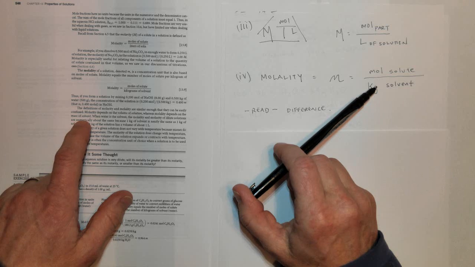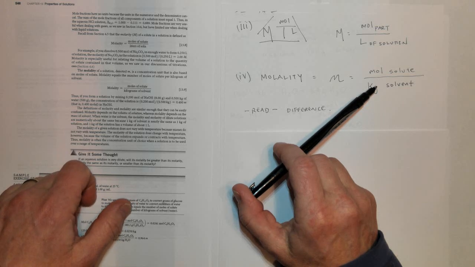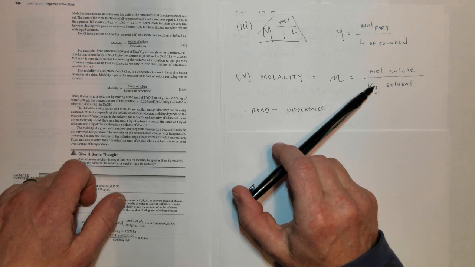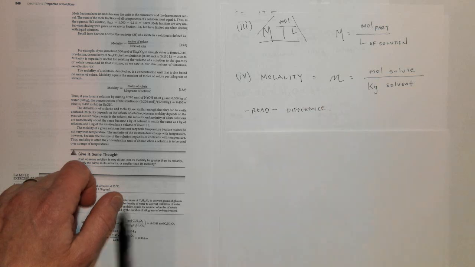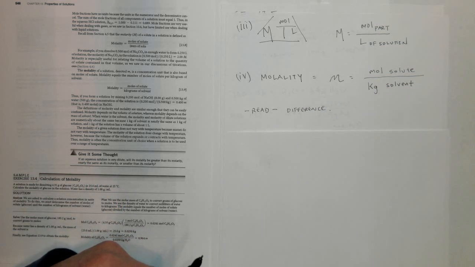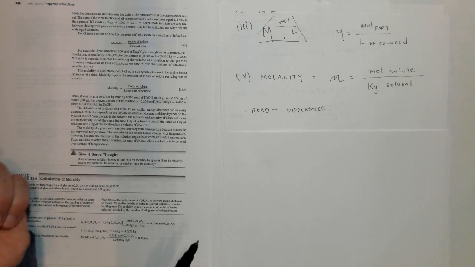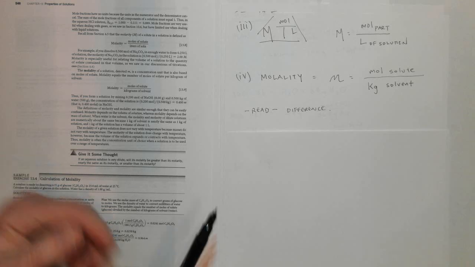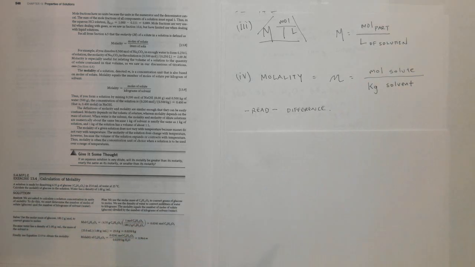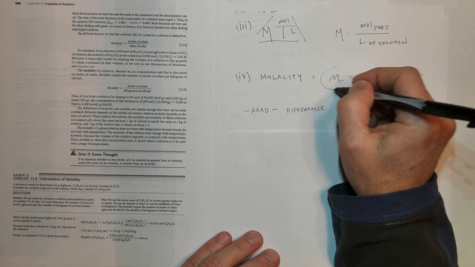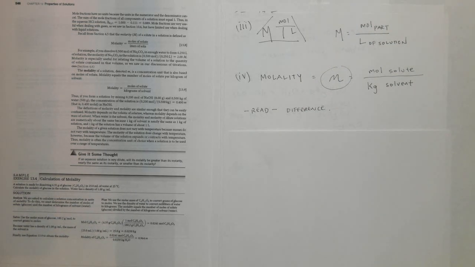solvent. When water is the solvent, the molarity and the molality of dilute solutions are numerically about the same because 1 kilogram of solvent is nearly the same as a kilogram of solution, and 1 kilogram of the solution has a volume of about 1 liter. The molality of a given solution does not vary with temperature because masses do not vary with temperature. The molarity of the solution does change with temperature, however, because the volume of the solution expands or contracts with temperature. Thus, molality is often used, and it's the unit of choice when the solution needs to be known over